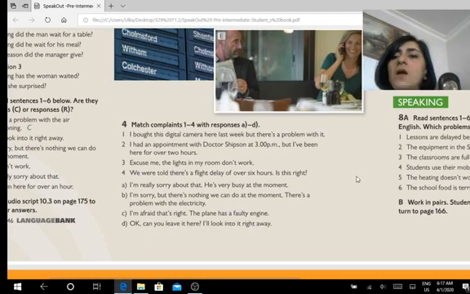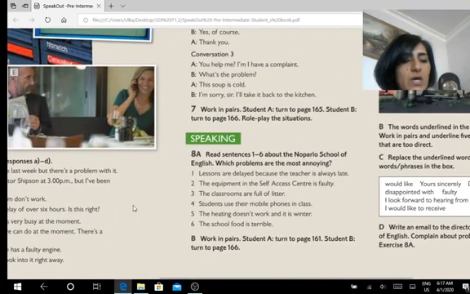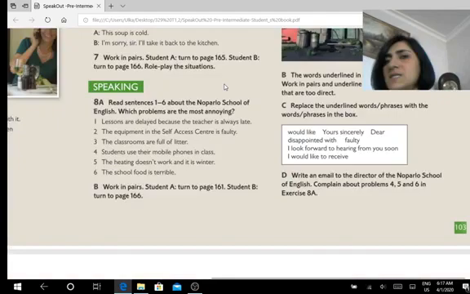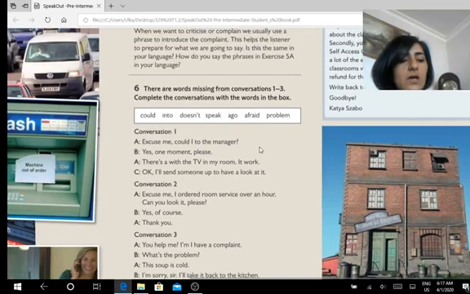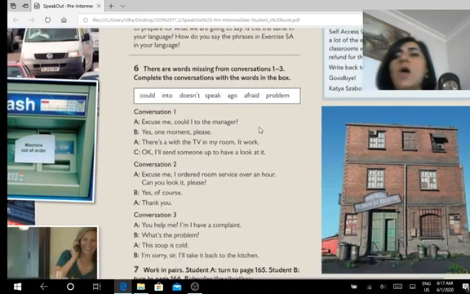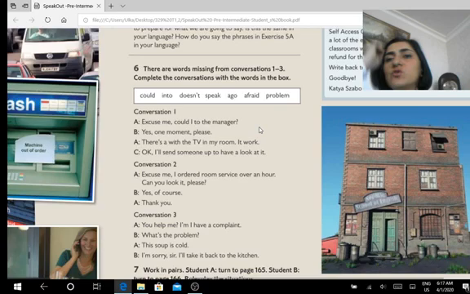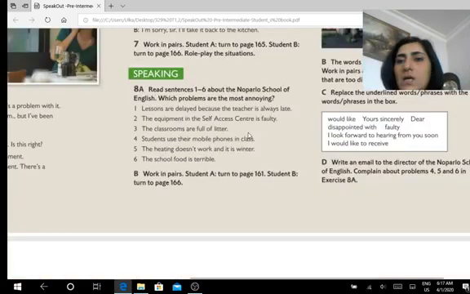Okay, now we go to page 103. It's the last page. Here you will do only the exercise 6. In exercise 6, you have to... just a second. Okay. In exercise 6,